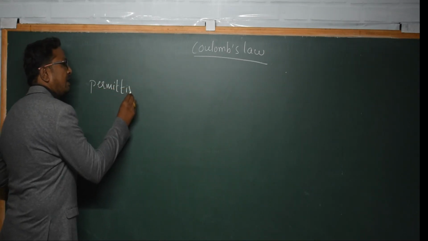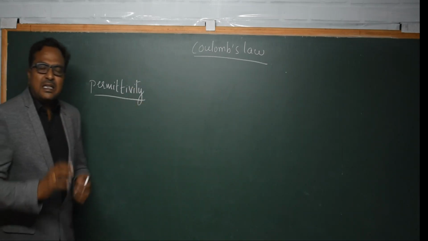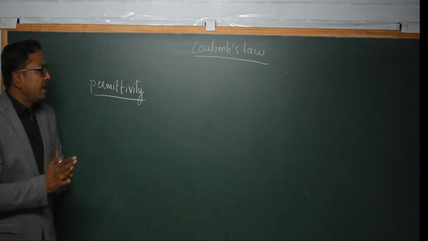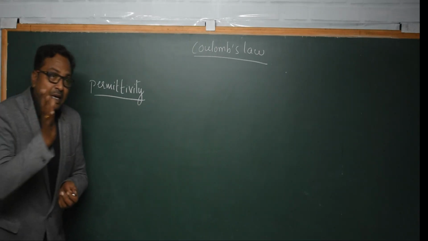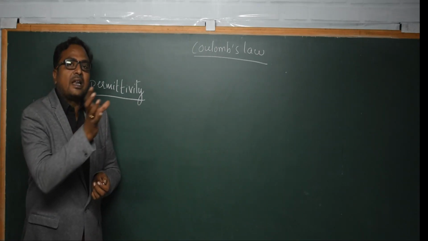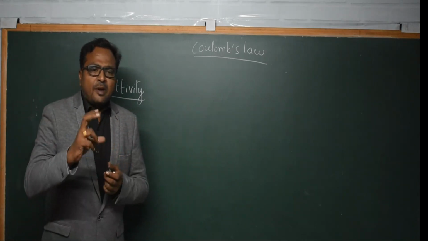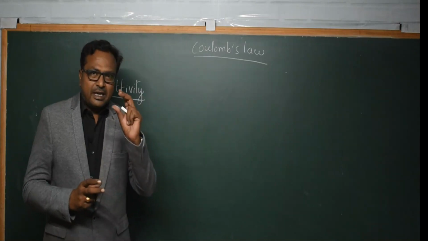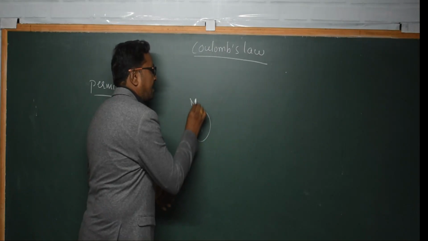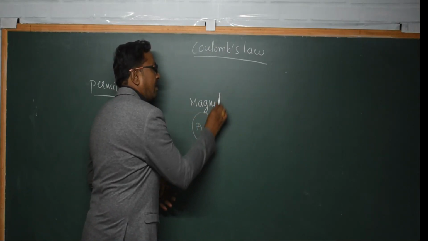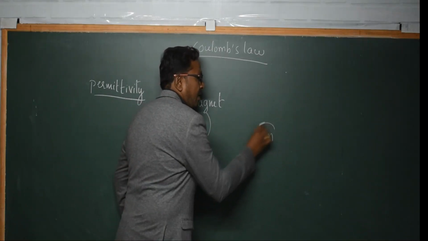So what do you mean by permittivity? Permittivity is the ability of the material to permit electric field. So it is the ability of the material to permit the electric field. In childhood days, if you remember, you have played with a magnet, right? If I take this A as a magnet, and now you place an iron piece here,